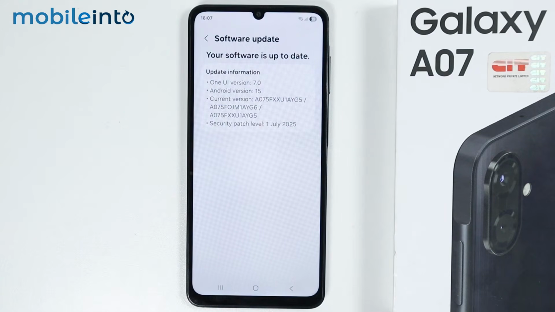Now, if you have done all that and if this did not fix your issue, then you might have a hardware problem with your smartphone. Just take your smartphone to the nearest service center and they will fix your issue. And this is how you can fix network problems on the Samsung